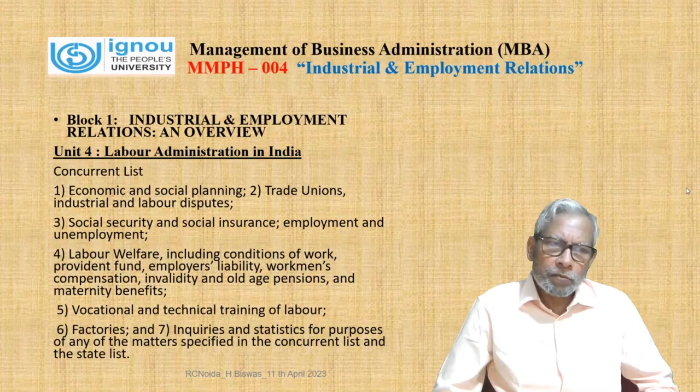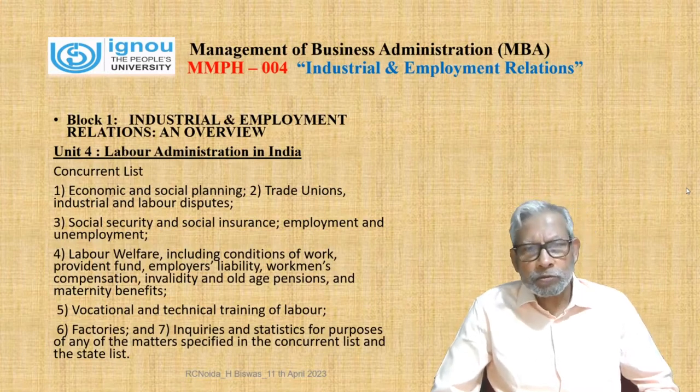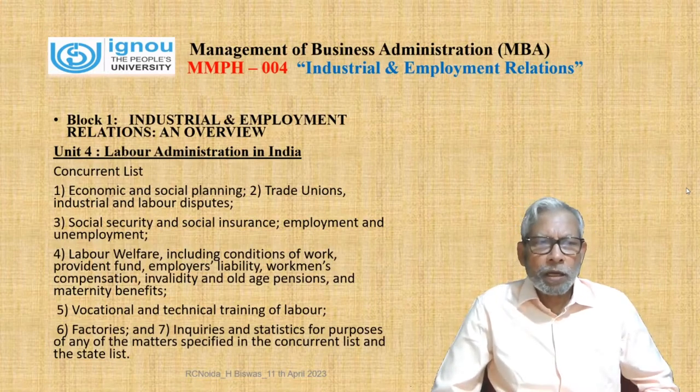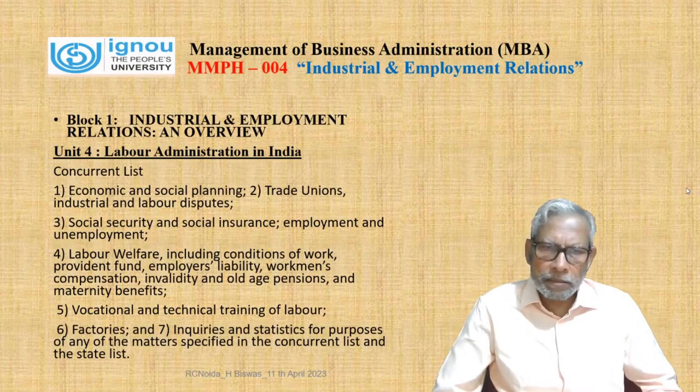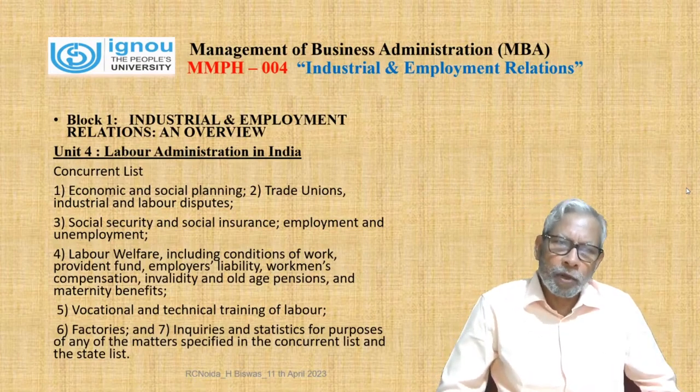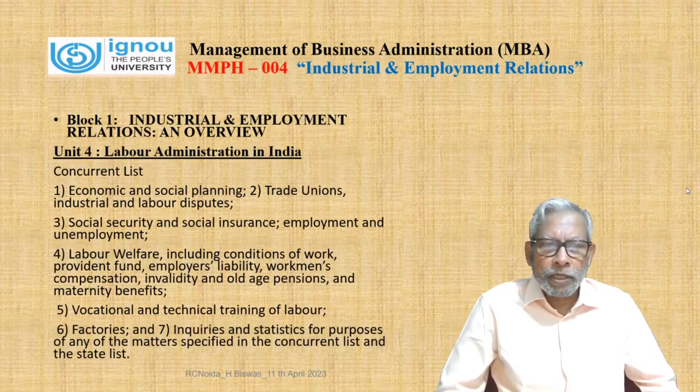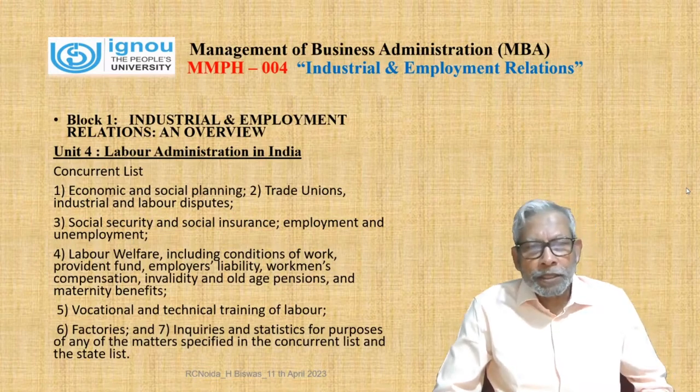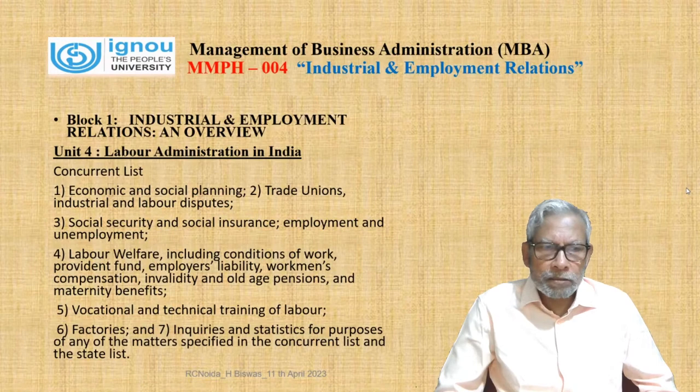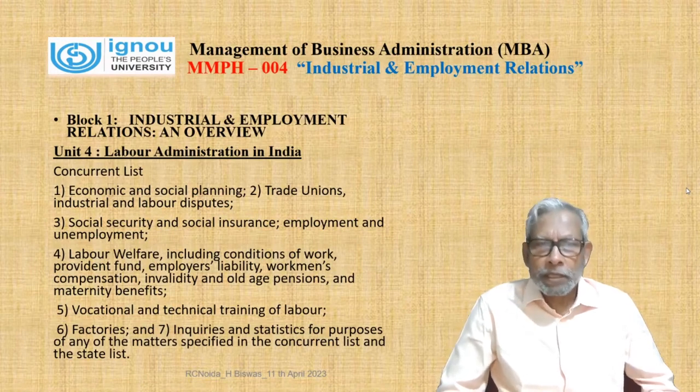Here, actually, the economic and the social planning, number one; trade unions, industrial and the labor disputes; then social security and social insurance, employment and unemployment. Fourth is your labor welfare, including the condition of work, provident fund, employees' liability, workmen's compensation, even the gratuity also,